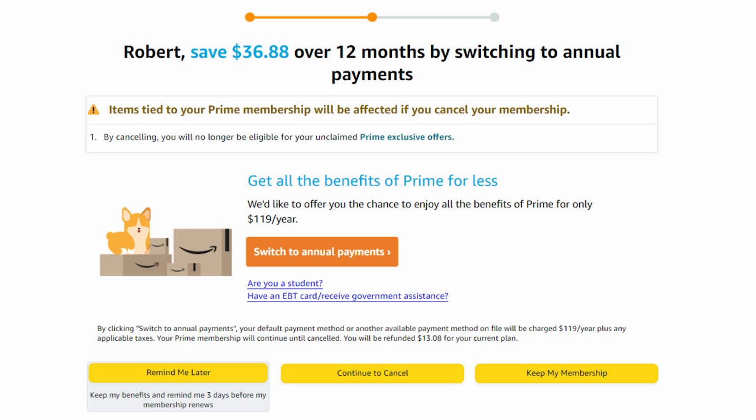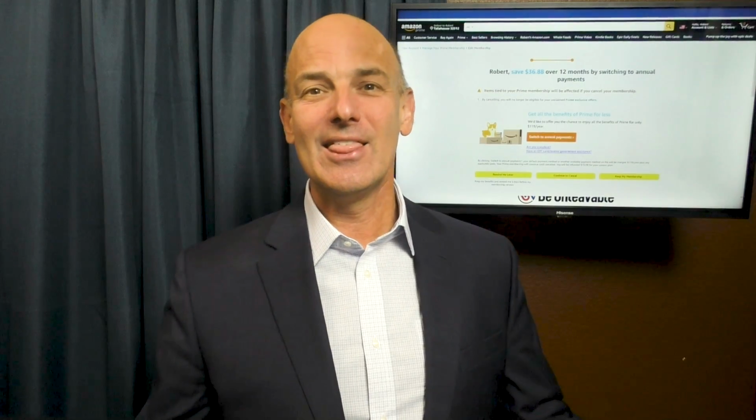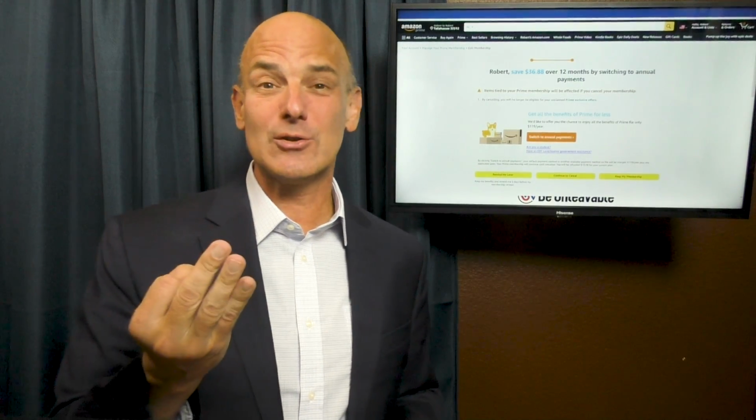And again, here they have, hey, your Prime membership may be affected, your benefits, get all the benefits and save money. Switch to annual payments. And so you see here, there's an orange button that is switching to annual. And then on the bottom left, you have remind me later, continue to cancel, or keep my membership. So we've gone from 3 choices on the previous screen to 4 choices on this screen. So this is like the third screen that we've seen. 1 reminding us of the benefits, 2 gave us 3 choices, and now this one is giving us 4 choices,